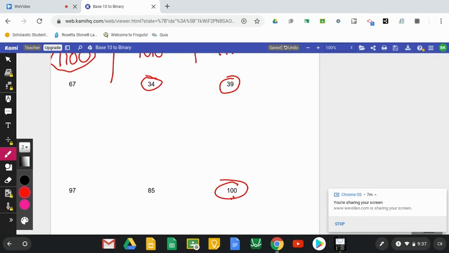When we get back on our Google Meet, we will go over, well, you'll see if you got these right or wrong. If there are some errors, we'll talk about them, and then we'll do some practice problems before